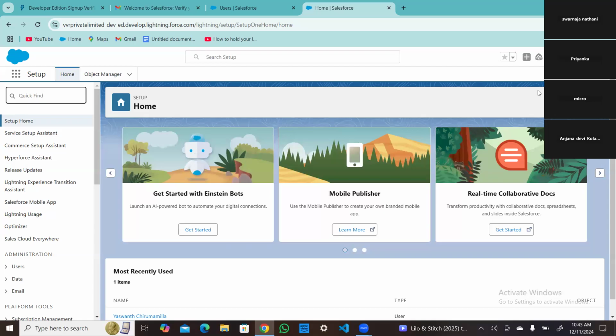That is for our learning platform. Then we have created our own developer org, so we are going to work on this org.